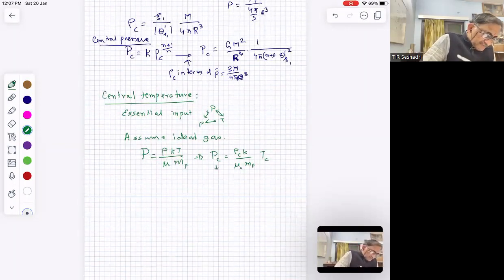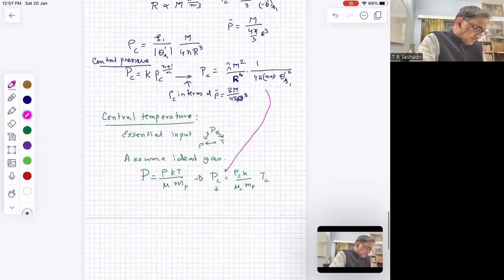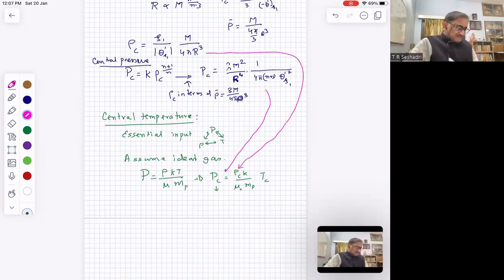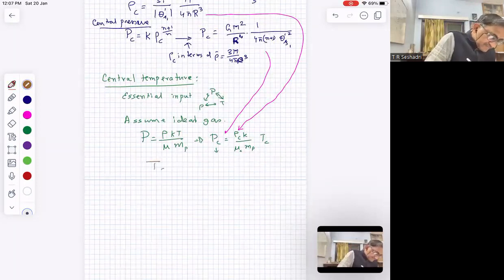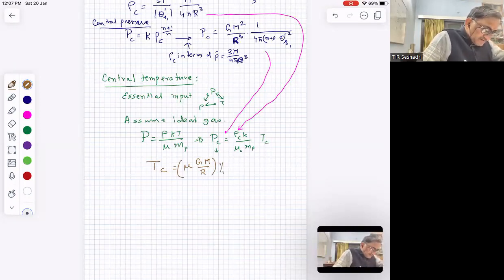And I already know P_c. So if I substitute all this, and also substitute for rho_c here, I will get that T_c, the central temperature, is equal to the mean molecular weight times G M by R times a quantity Y_n, where Y_n will be given by